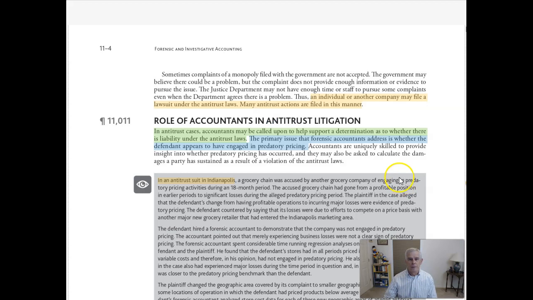On the next page. Okay, now if someone or some company believes that the antitrust laws are being violated, an individual or a company can file a lawsuit under the antitrust laws. So when this happens, both sides of the issue here really need accountants, whether it's the plaintiff, the one filing the lawsuit, or the defendant, the alleged perpetrator. Both sides need accountants to work through the numbers to find out what the damages are if the legal system finds out that the defendant is liable.